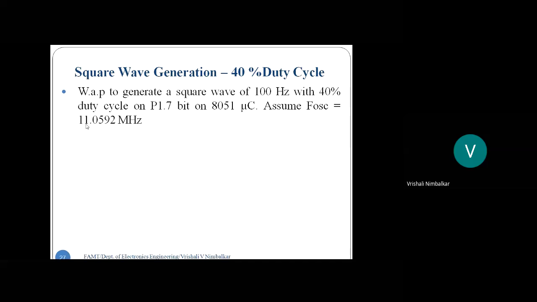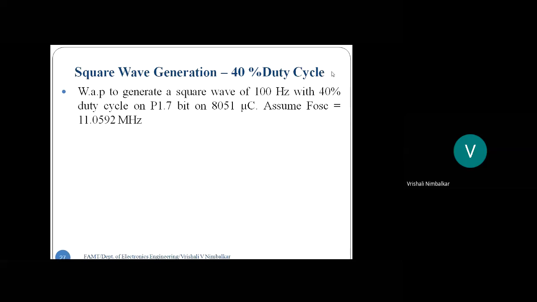I keep on telling our students, this is that exact oscillator frequency. We just round it up and say 12. So let us use that exact frequency in this particular problem. Right? Now what is to be noticed? See here students, 100 Hz square wave and the duty cycle is 40%. So as I told you in yesterday's lecture, duty cycle indicates how much is the on time period of the square wave, for how much time duration the square wave is logic 1. And 40% means 40% of the total time of the square wave.